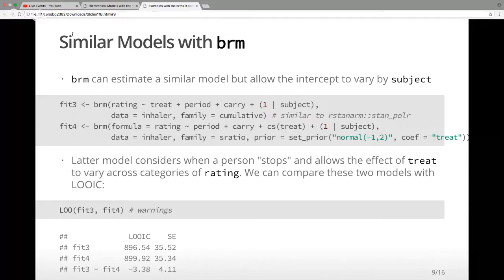In order to estimate a model that corresponds to what stan_polr does, you need to specify family equal cumulative. So this idea, what's the probability that you're less than or equal to the jth category, that cumulative probability divided by the complementary probability. But you can estimate another model. This one has family sratio for a so-called stopping ratio model. This is something that you don't see used in political science that much. I think I've heard of it being used in sociology, where you're thinking of this data generating process like,